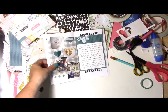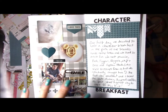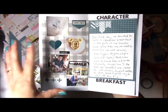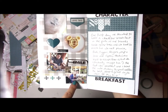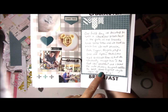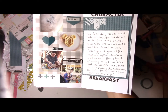Okay, so hopefully you can see for this page I've just used kind of a gingham because I thought it reminded me of a restaurant, and a gray and turquoise just to offset each other, and just added a few pictures from the breakfast, and then talked about on our first day we decided to have a character breakfast, because our friends had never been, and Captain Hook was one of the characters, and